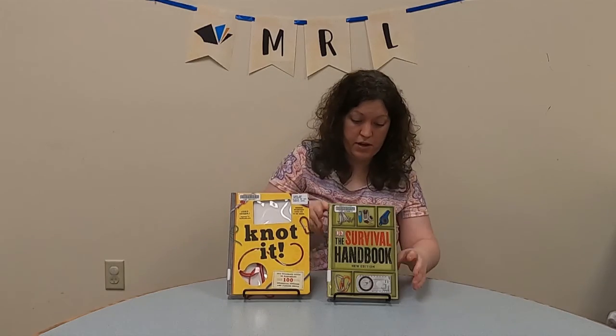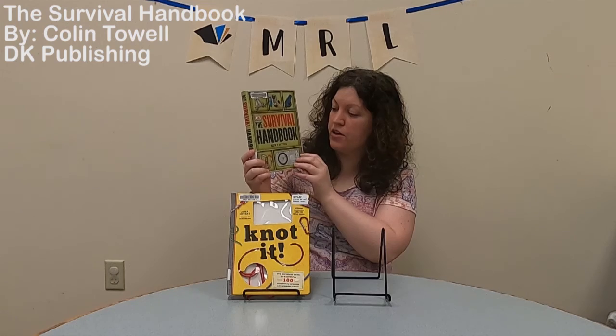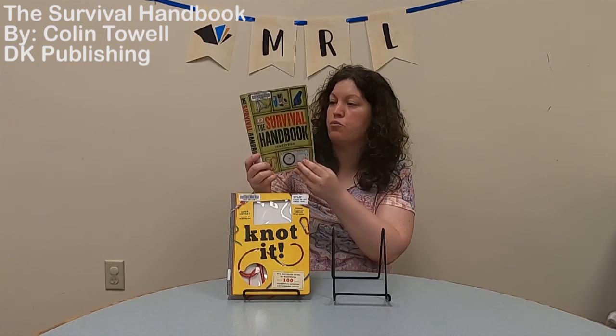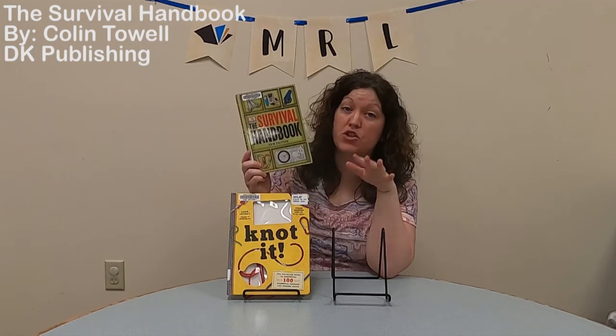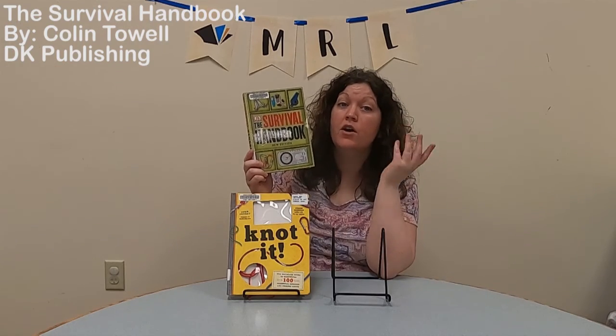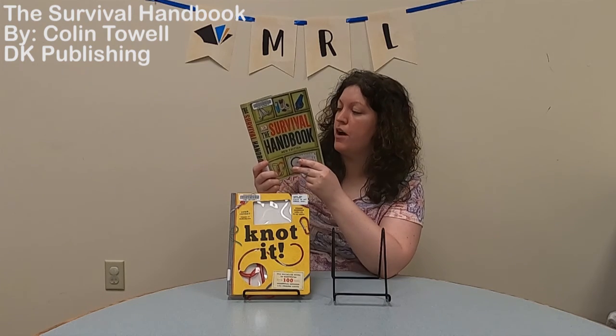Then the next book that I have for today is called The Survival Guide. And this is by Discovery Kids, and it is a really thorough guide on how to survive in any type of environment, not just the woods. Like if you're stuck at sea, the desert, any other place, like how you can find food, start a fire, and